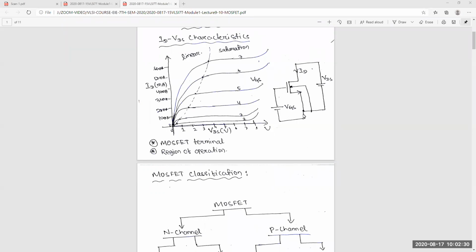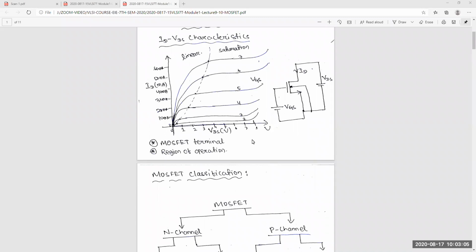Now, I think you are already familiar with the BJT characteristics curve. Yes or no? The IC versus VC or IC versus VB, the input characteristics and output characteristics. You are okay with that? Yes, sir. Okay, so there is some difference from the BJT. The curve on the left side, ID versus VDS, looks almost the same as the BJT output characteristics.